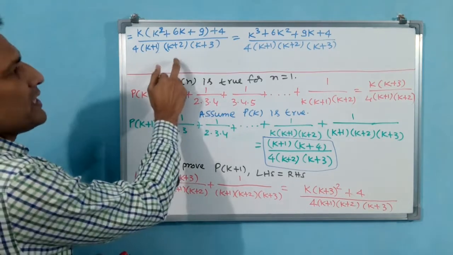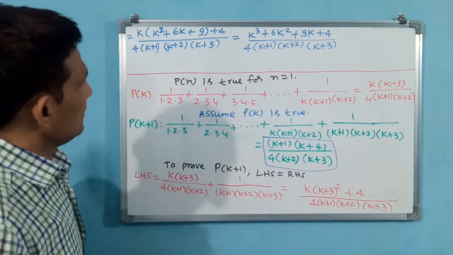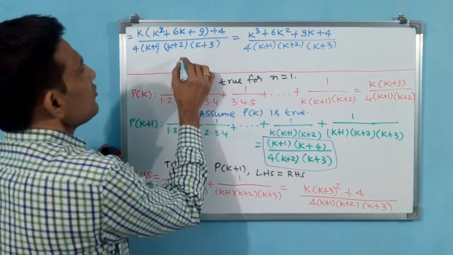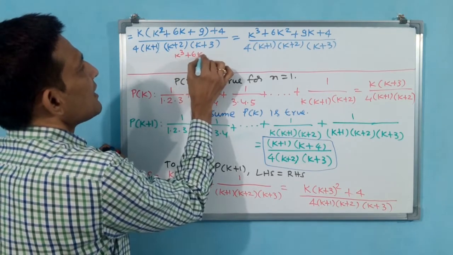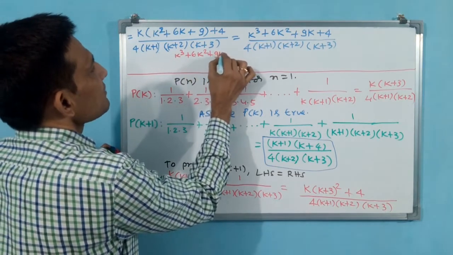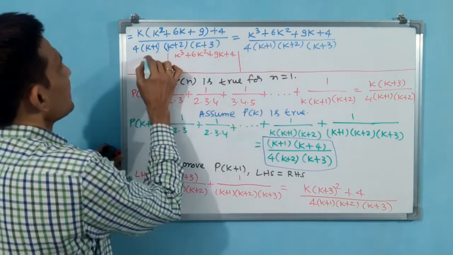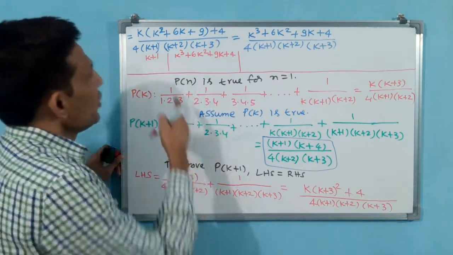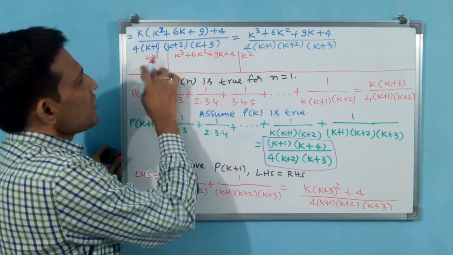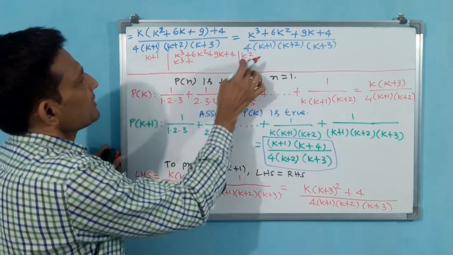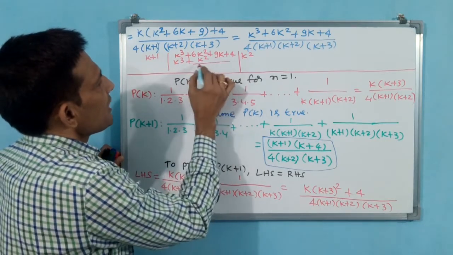Let us do. How I am doing here, you simply observe. Okay? You see, k cube, I want to take out k plus 1 from this one. Okay? K plus 1. You see, k plus 1 means k square. If you take k square into k cube, plus k square into 1, k square. What will come? 5k square plus 9k.